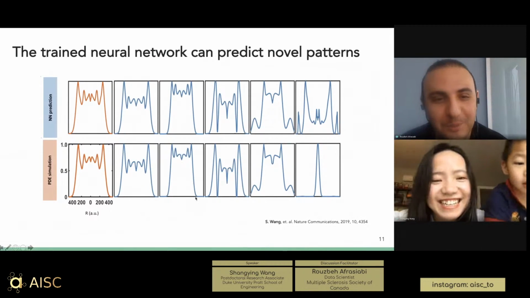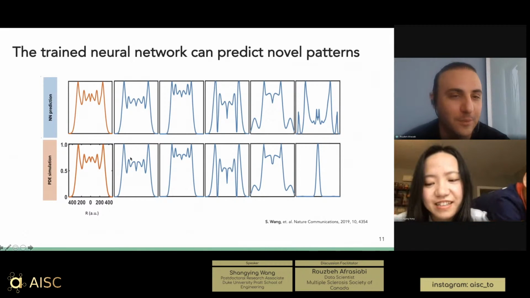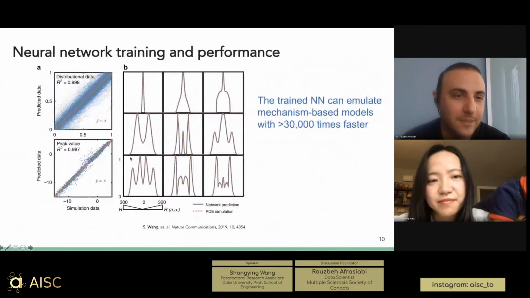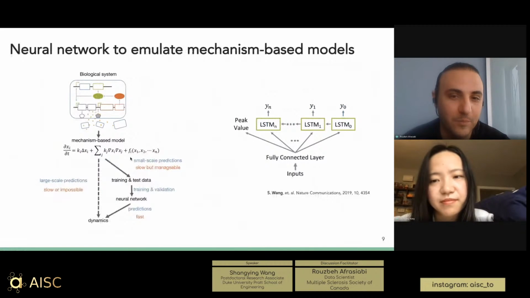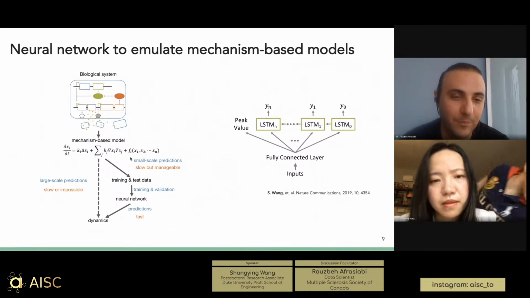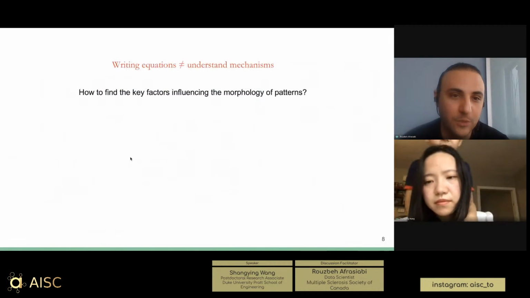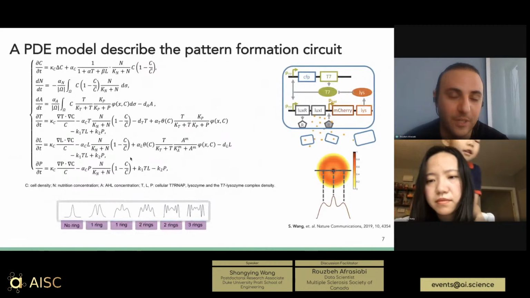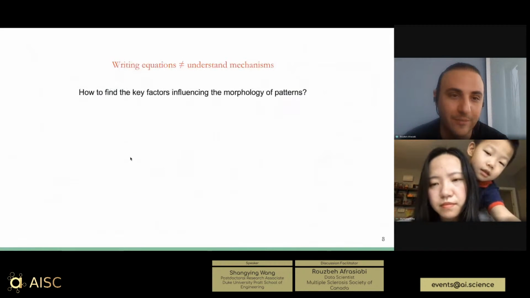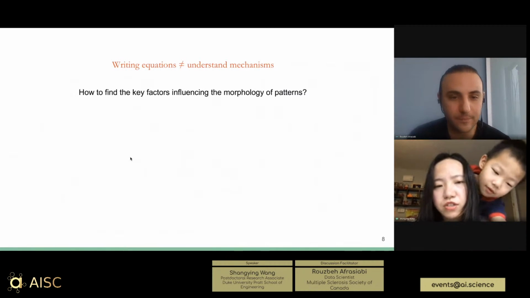Shangying, if I can stop you for a second, with LSTM models there's a high likelihood of them memorizing the training data, and especially with patterns, if they're symmetrical, they can easily memorize and reproduce the pattern. I just want to know what you have done to alleviate that, or if you have seen something similar. Oh, that's a very good question.